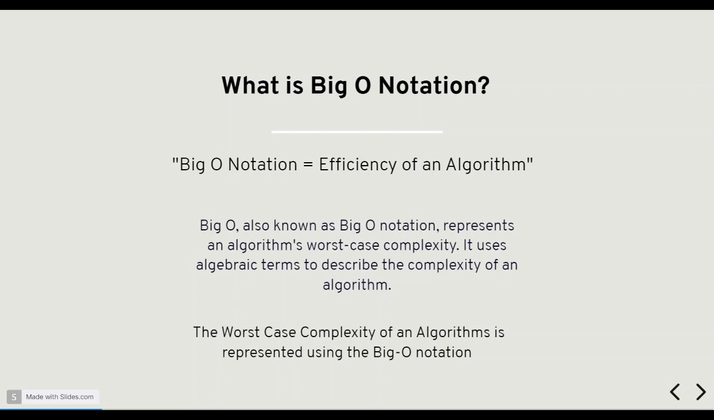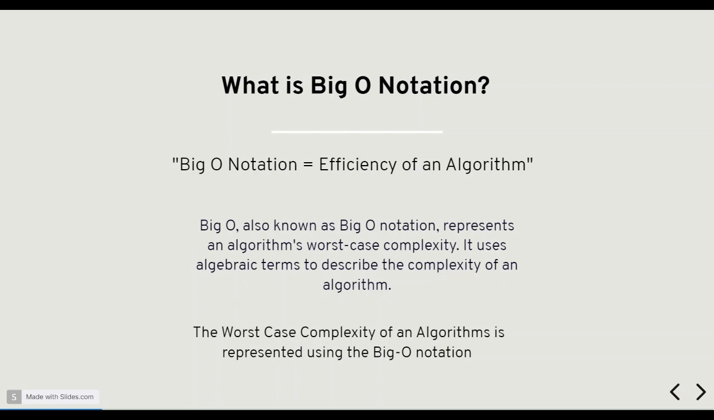What is big O notation? Big O notation is a way to describe the efficiency of an algorithm. It tells us how the runtime or space requirement of an algorithm grows as the input size grows. Essentially, it helps us analyze the performance and scalability of our code. As you can see, big O notation equals the efficiency of an algorithm. Here, big O notation focuses on the worst case scenario, which is crucial for understanding the limit of your code